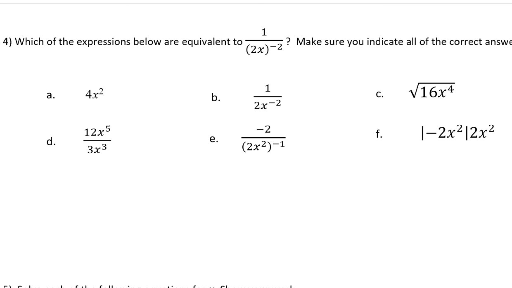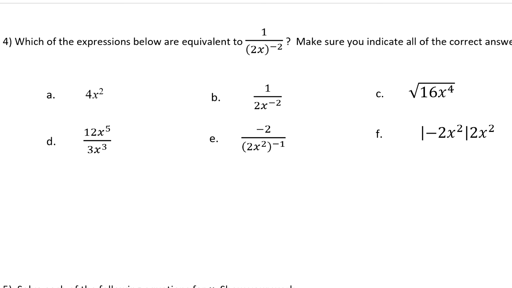Expressions below are equivalent to 1 over, in parentheses, 2x gets raised to the negative second power. Be sure you indicate all the correct solutions. One of the things I like about this problem is that it's nice to have a common place to go when you're simplifying an expression. That way you can compare two different expressions and see if they're equivalent or close to being equivalent